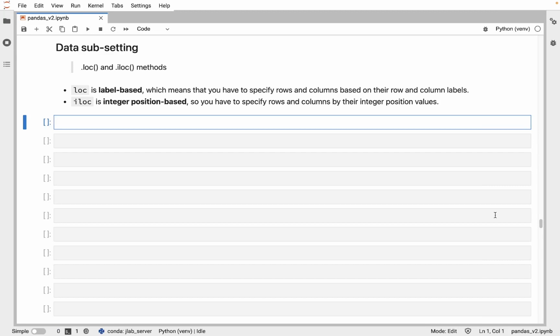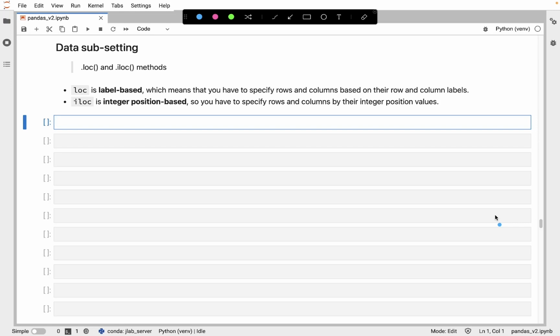Hello everyone. In the past couple of sessions, we have understood in detail what integer position based indexing is and what label based indexing is, which we also have called implicit and explicit indexing respectively. We again have dealt with extracting specific records of a particular data frame, also looked at deriving specific columns of a particular data frame, but we have not truly dealt with data subsetting in data frames, which is to extract specific rows as well as specific columns, like subset the data both based on rows as well as columns here. So let's try and understand on a very foundational level how we have implemented data subsetting in our